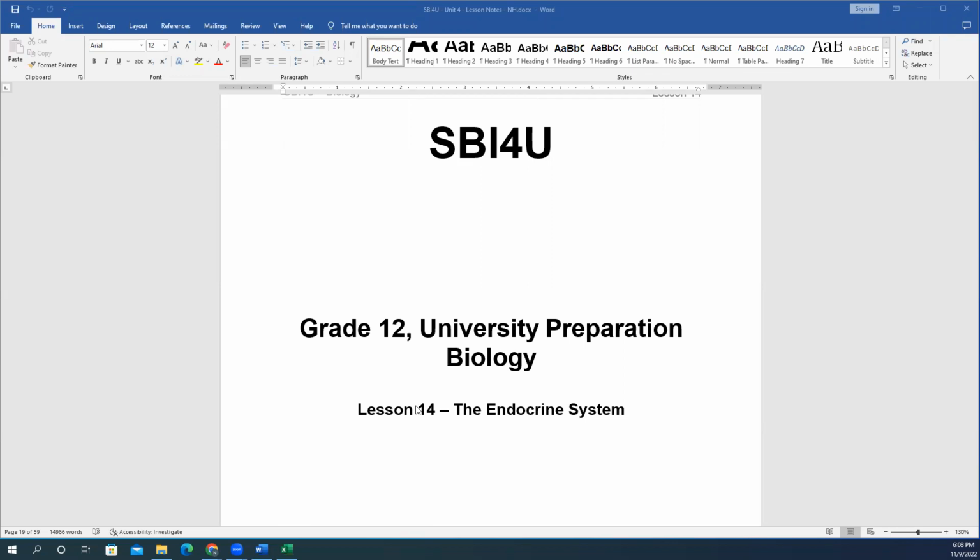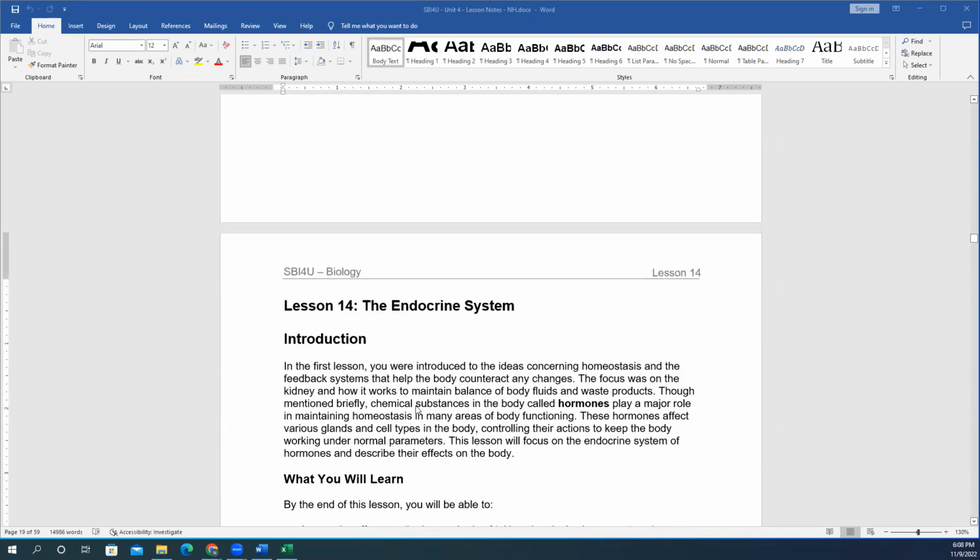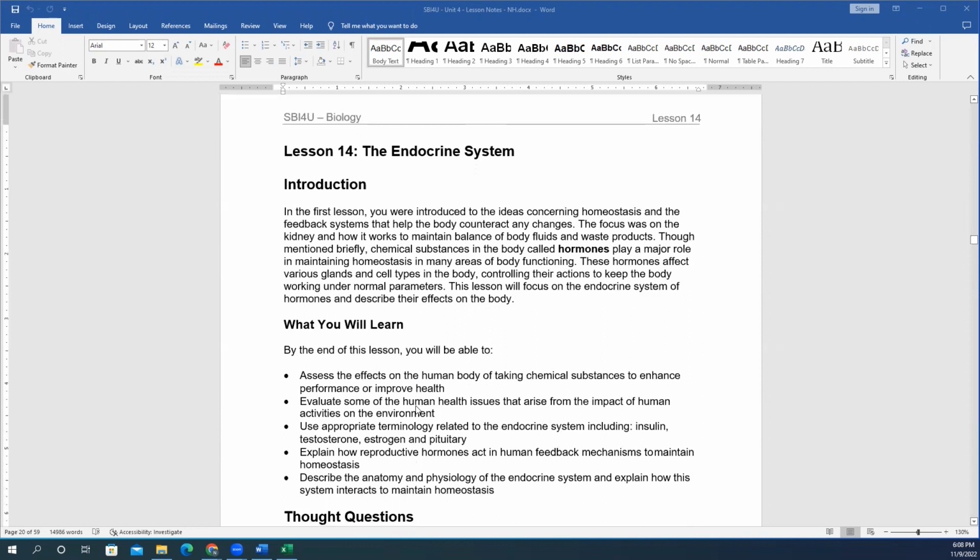Right. So our second lesson in this unit will be covering the endocrine system. In our previous lesson, we talked about the idea of homeostasis in the body and how there are mechanisms in place to help the body counteract any changes, and how this takes place through feedback systems, both positive and negative feedback. We focused on the kidney and how that works to maintain our balance of different body fluids and waste